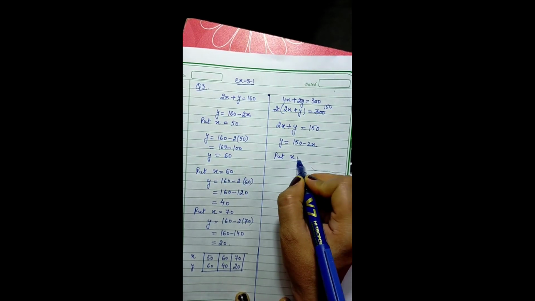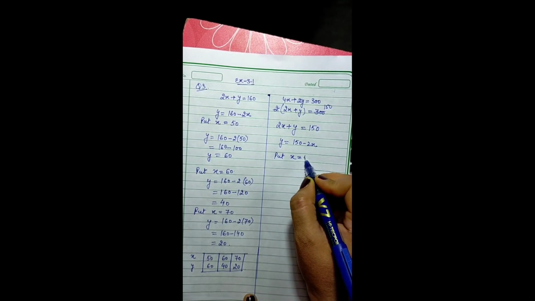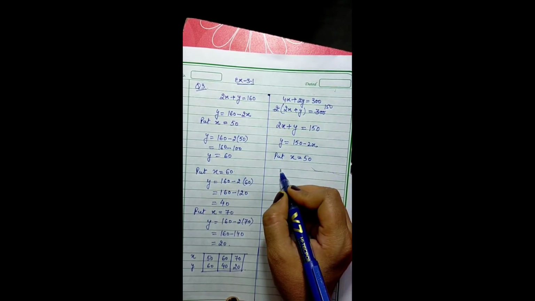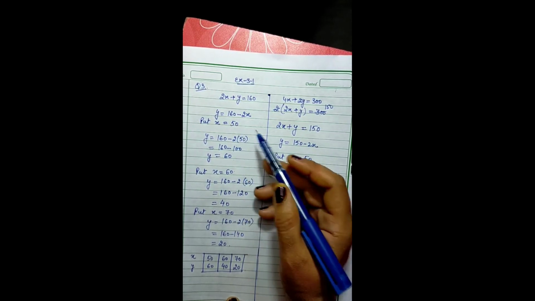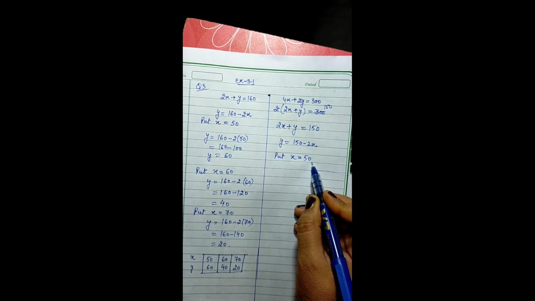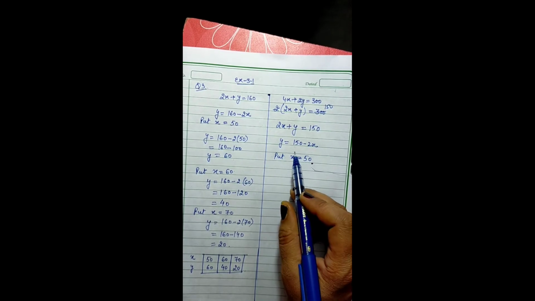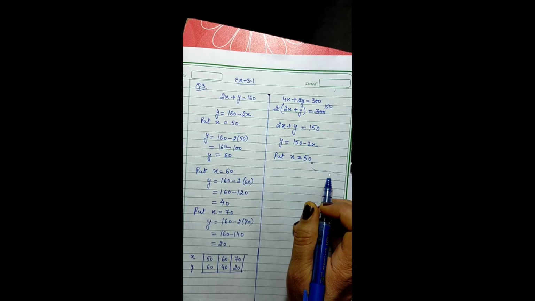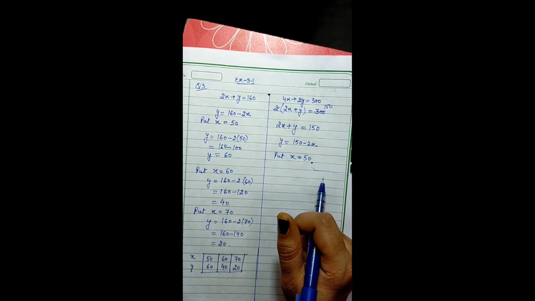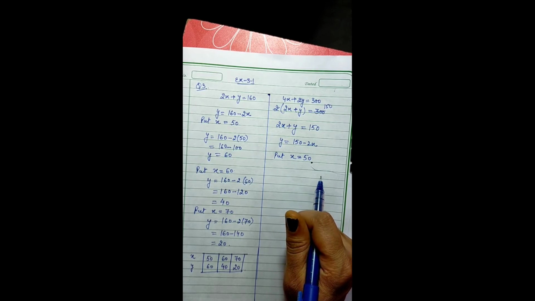Let's put x to be 50. You can choose other values as well. It is not necessary that you take 50 here. You can choose any values of your choice, but take them in tens so that it becomes easier for you to solve these types of questions and to draw, because sometimes we take the values in such a way that one value is very small, such as 1, and another value is 99. So it is very difficult to draw these kinds of values. So there should be a balance between the values.